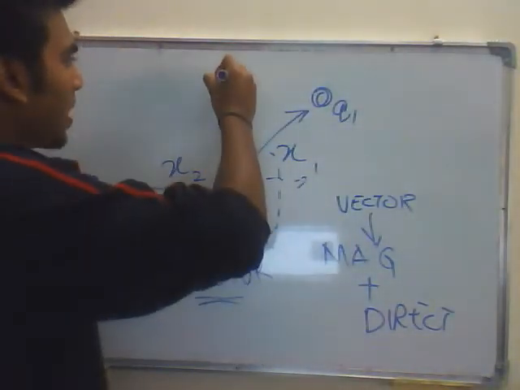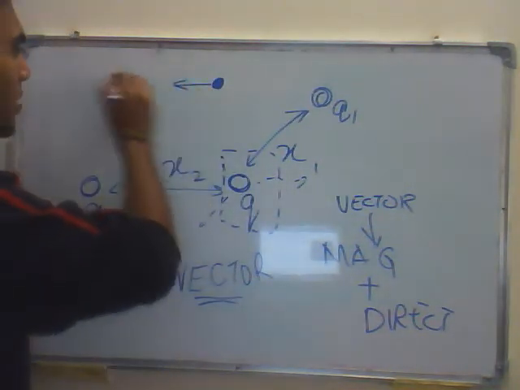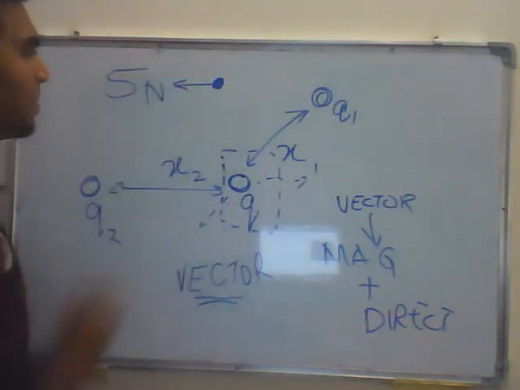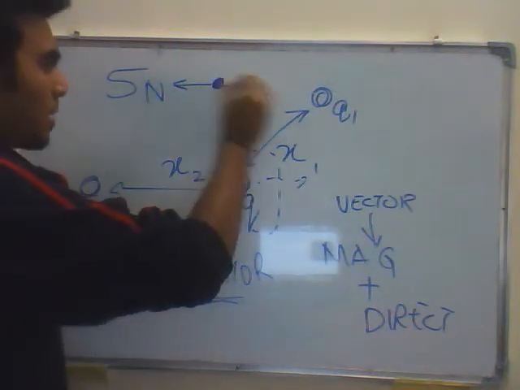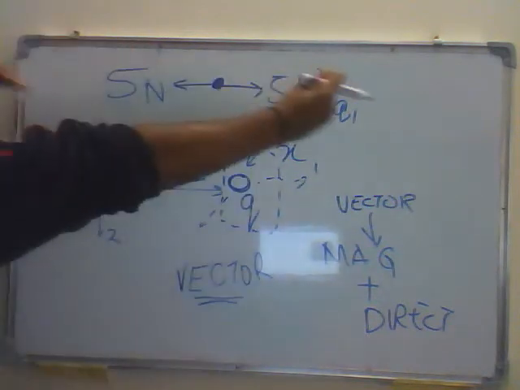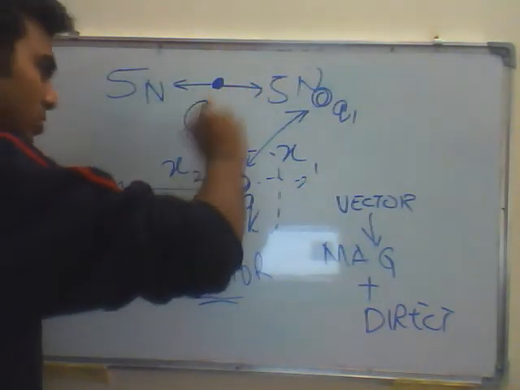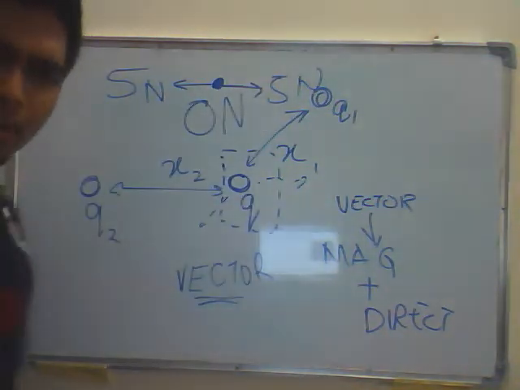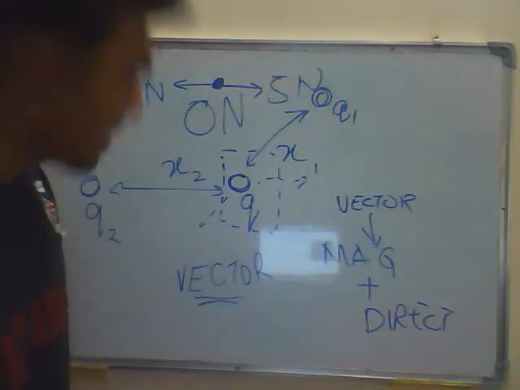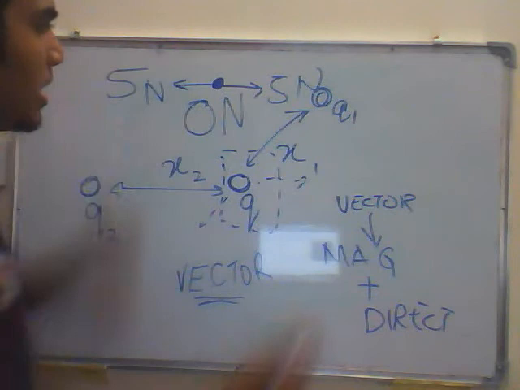Meaning, I have a body here, I apply, say, 5 newtons on this side. And then I apply 5 newtons on this side at the same time. What happens? They are in opposite directions, so the resultant force is 0 newtons. It's fairly simple to think, right? But this is the whole concept. Normally, if it's in opposite directions, we take one of them